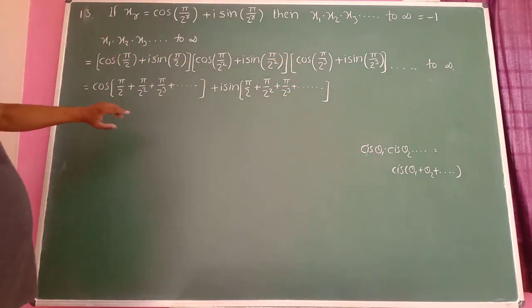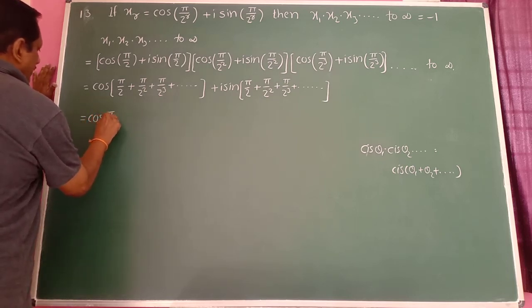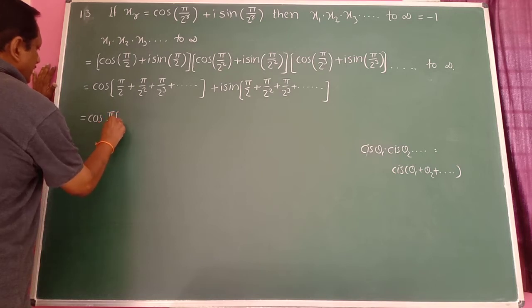Then you can take pi by 2 as common factor here. So therefore this is equal to cos of